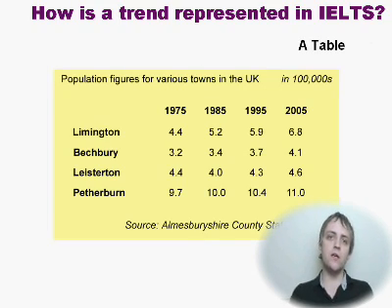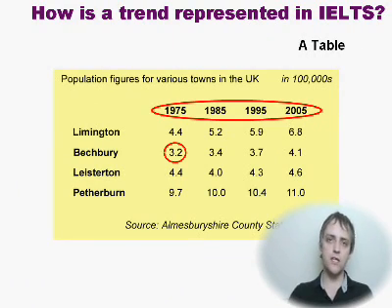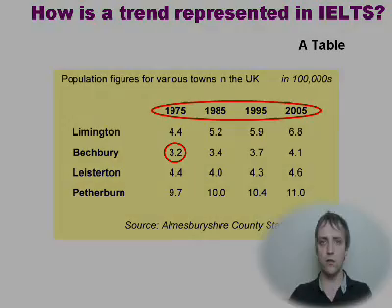Trends could also be expressed in terms of a graph or a table, and this is an example of a table, and in the columns of the table you can see the time period that we're talking about. Okay, so this one is 1975 to 2005, and if you look at the population of Betchbury, you can see that there is a change in the population over the period that we're talking about. Okay, so from